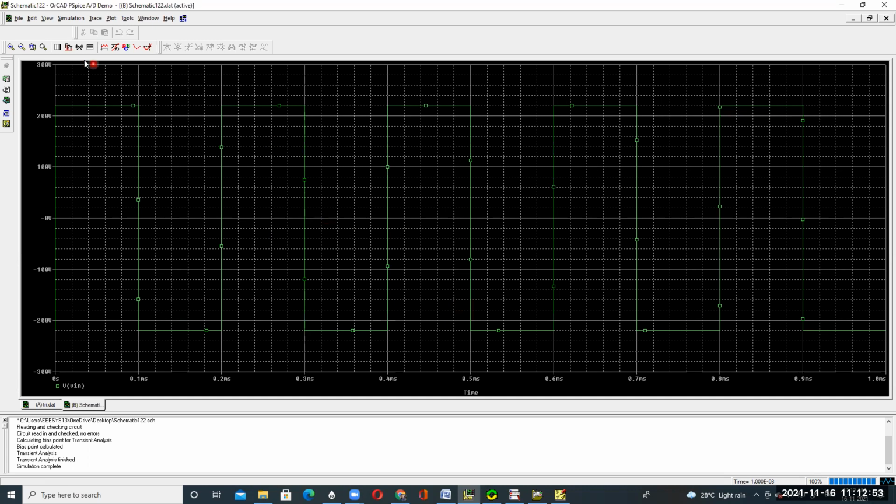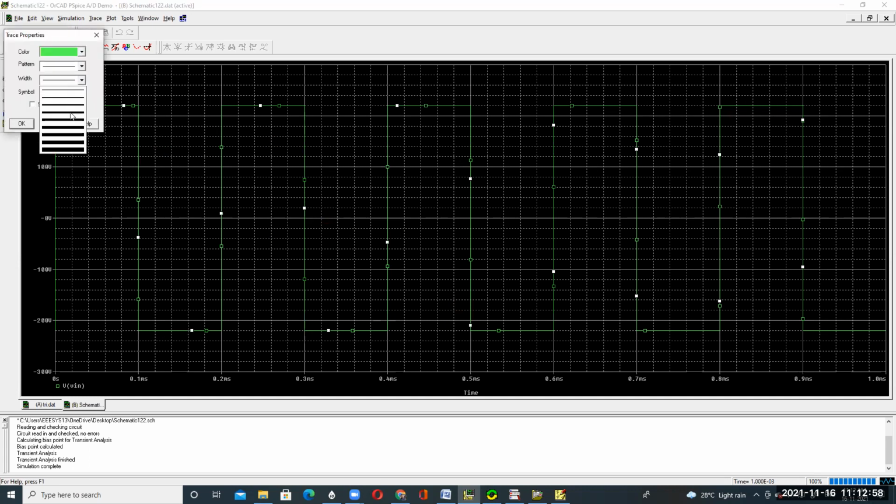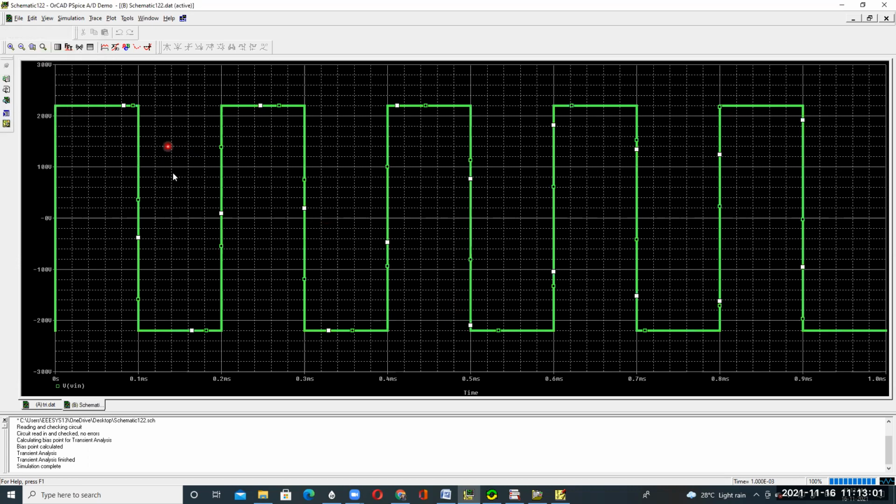On this, the pulse width. This is the waveform: 0 to 0.1 milliseconds, then 0.1 to 0.2 milliseconds. 0.2 minus 0.1 is 0.1 milliseconds, which is the pulse width, 100 microseconds. The pulse repetition is 200 microseconds, meaning 0.2 milliseconds. Understood? This is one pulse cycle.